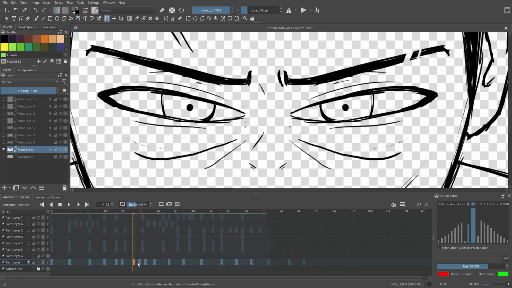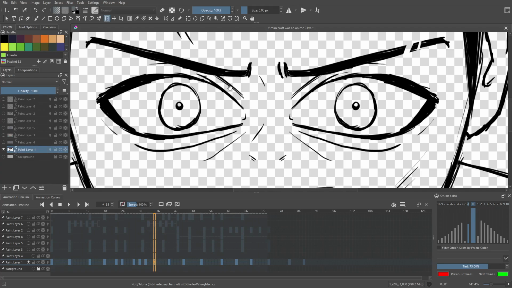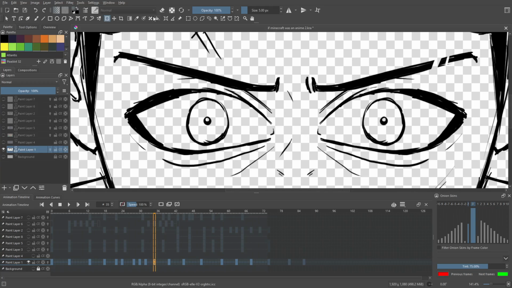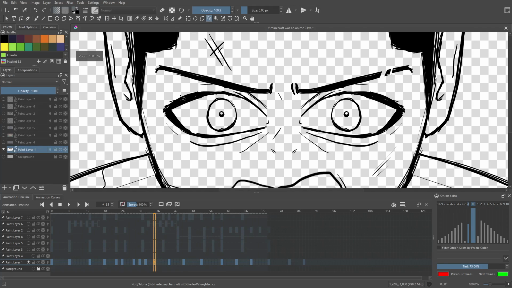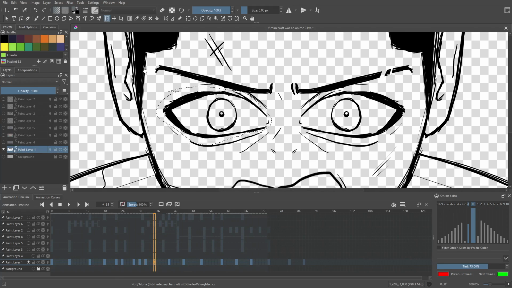We're gonna do the same thing again here. We keep that same frame, hold the same frame. His eyes open really wide this time, super wide, and then back down to the original size. And once again, if you want to open these super wide, work smart, not hard. You don't have to redraw everything. Just use this little lasso tool. Draw a circle around the eyeball here. Circle that up. Use this move tool, stretch the top up, stretch the bottom down, and there you have it. Super simple stuff there, super simple.